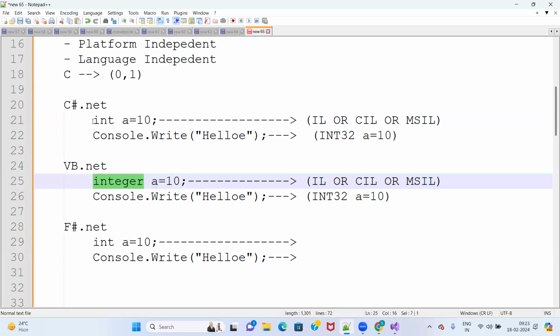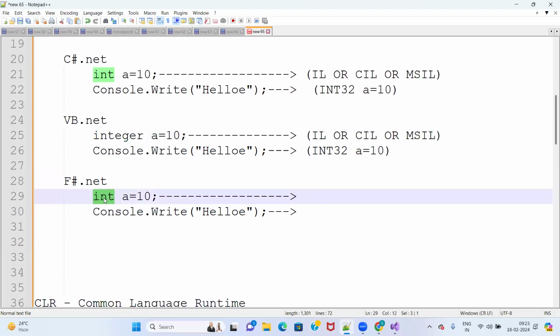The way we are writing the program is different. A, int, integer, this is different. Maybe in F#.NET, consider something like this. I have given some random keyword, and I'm sure this is not the correct keyword, but I request you to understand. To declare an integer variable, I may be using a different thing like this,